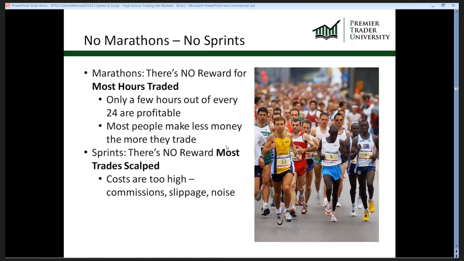Let alone the fact that you have costs on your commissions that become a larger percent of your trade profile. And then slippage. If slippage is any part of an issue in the market that you're trading and you're trying to scalp 3-4 ticks, 3-4 pips, and you have a tick of slip, that's 25% of your overall trade profile. Even if it's 10 pips, 1 or 2 ticks of slip is a huge percentage of your overall profile. That's why scalping is so difficult.